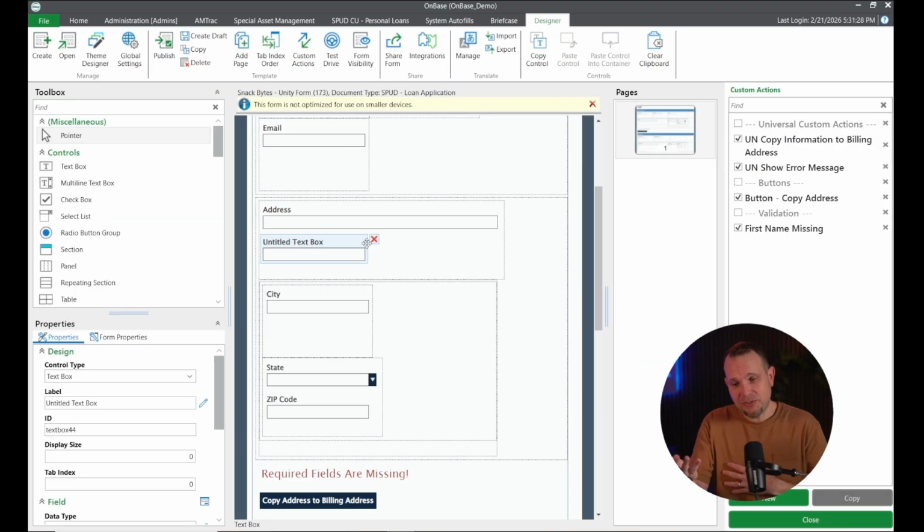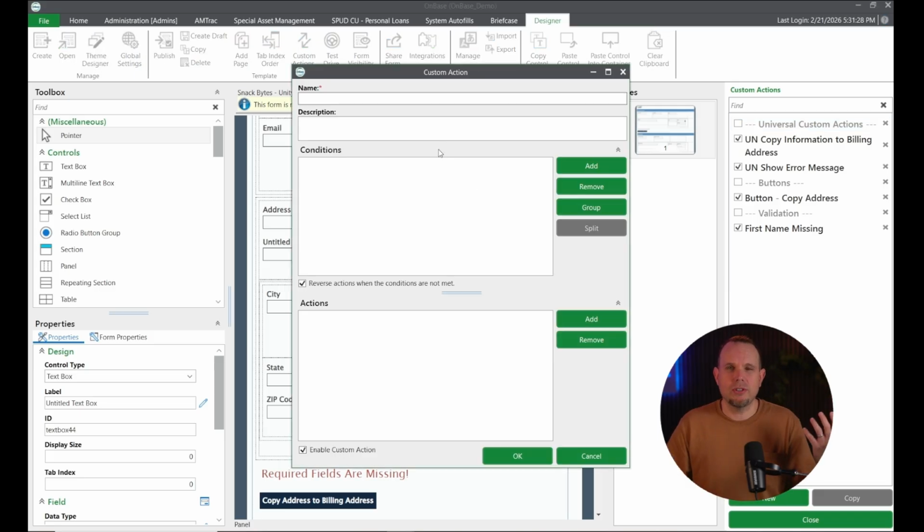Oh, here's a bonus tip. As you've seen in my demo, I also like to create headers for my sections. Usually I like to group together our universal custom actions, buttons, validation, because your Unity form might get really big. In this case, it helps you identify what each section does. To do that, I create a new custom action. The great thing is that in the newer versions of OnBase, I think 24 and beyond, you have the ability to disable the custom action. So we can call it